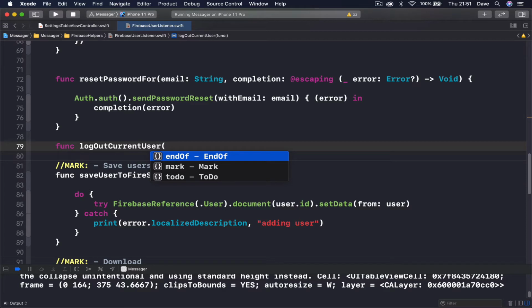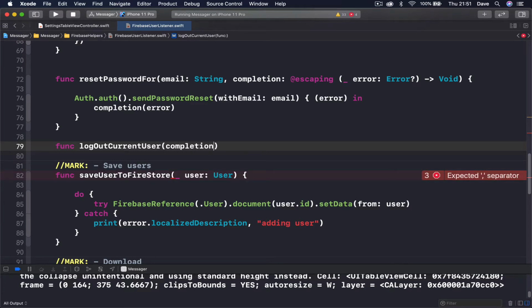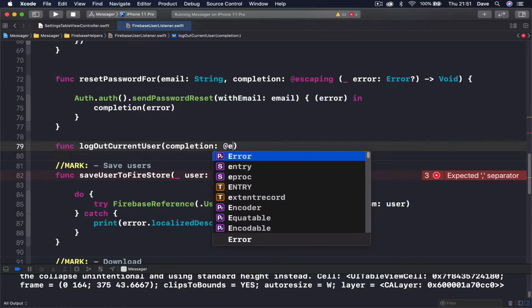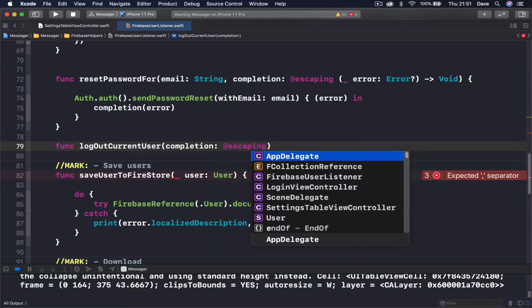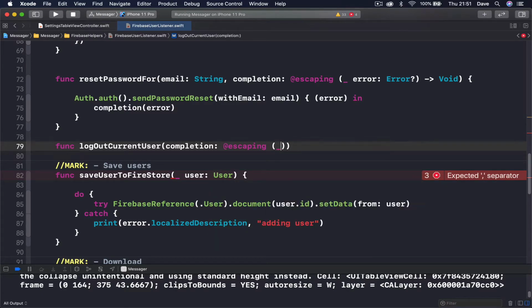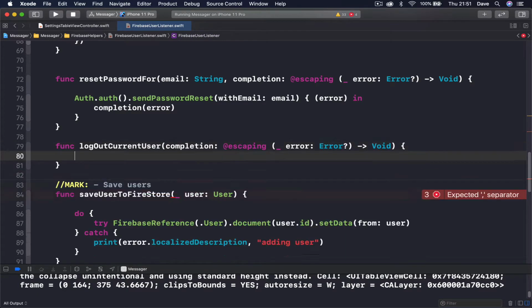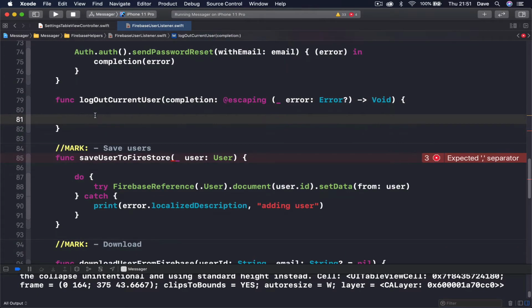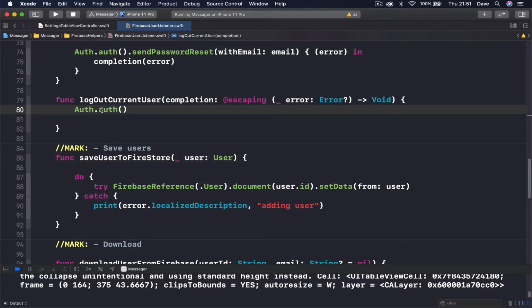and we are going to have some completion handler because we want to be notified if the logout was successful or not. So say @escaping, and then we just say we are going to pass our error, which is a type of error optional. We don't return anything. Okay, so to log out, and we need to access our authenticator. Then we say,